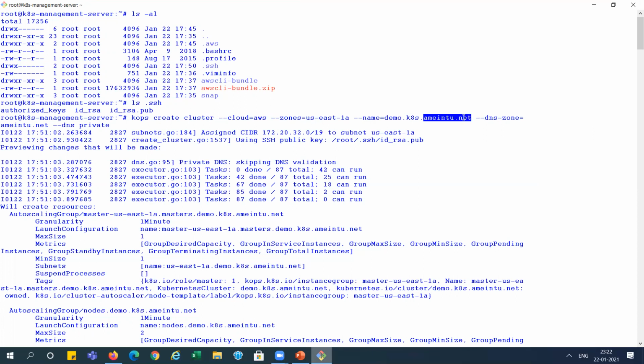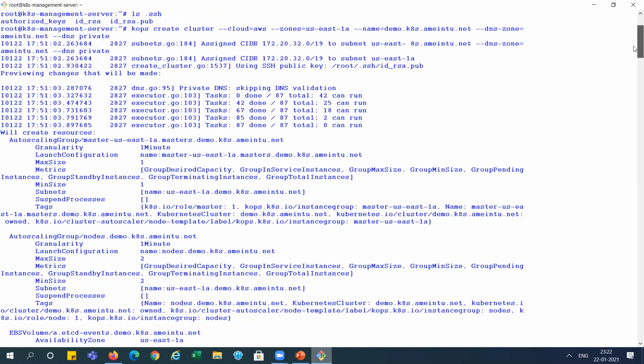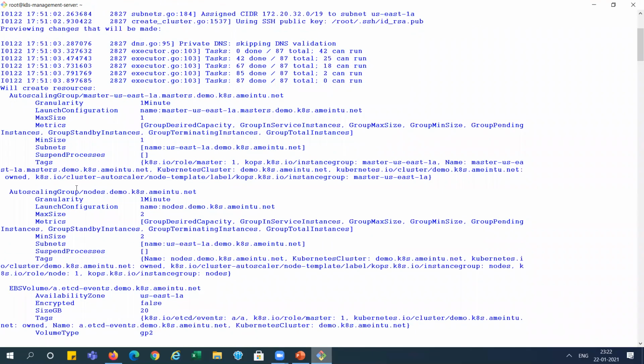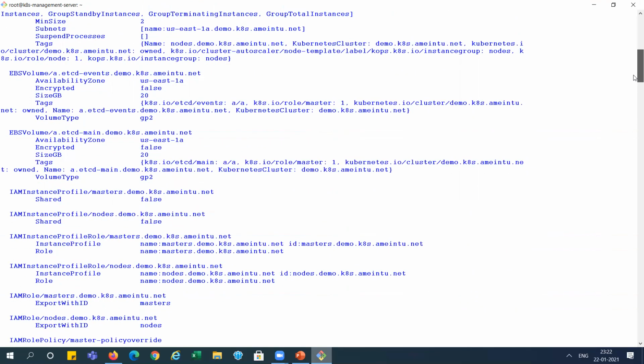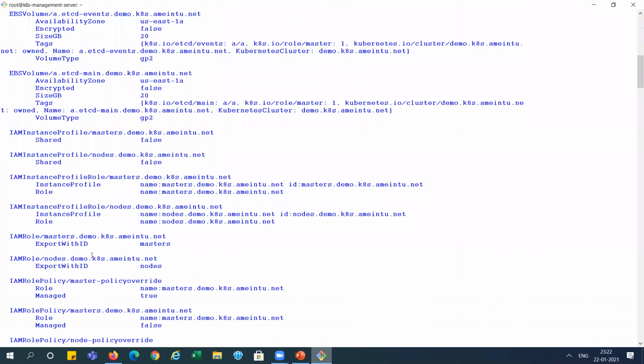This is the zone we created in Route 53, our name mn2.net, and this is the type of the DNS we have provided here. This is private. So when we run that, it creates multiple things, including the VPC, IAM roles, and instances. You can see it is created, right?